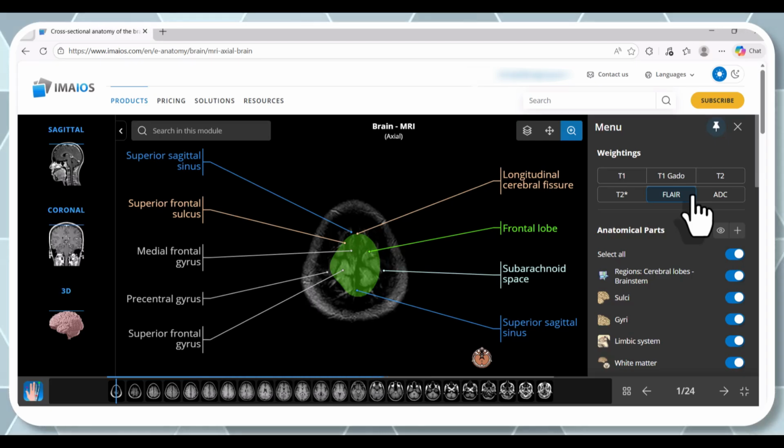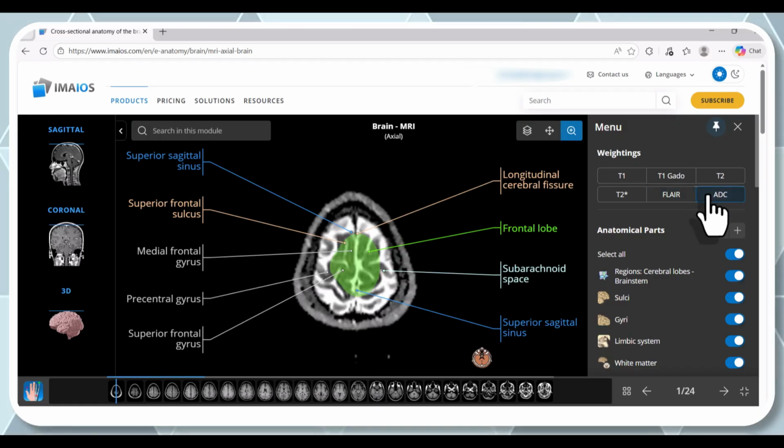It shows best white matter lesions, multiple sclerosis, small infarcts, and it is most tested sequence in exams. And finally is the ADC, apparent diffusion coefficient. Its clinical uses are acute ischemic stroke, abscess versus tumor differentiation,